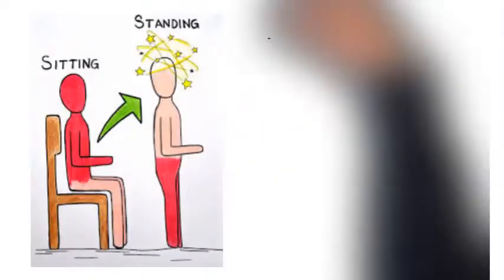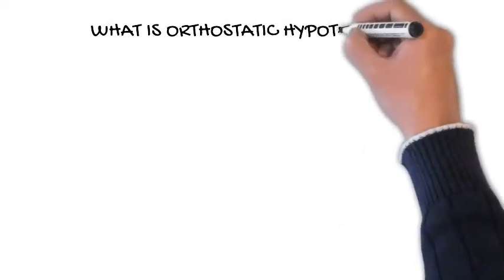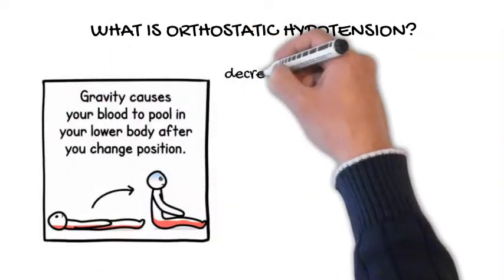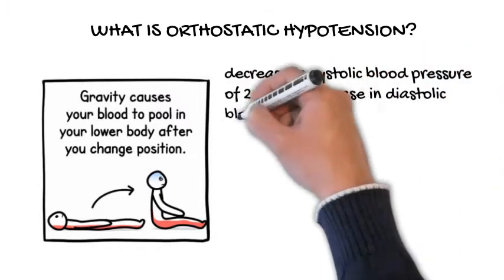Frequently asked questions about orthostatic hypertension. What is orthostatic hypertension? Orthostatic hypertension is defined as a decrease in systolic blood pressure of 20 or a decrease